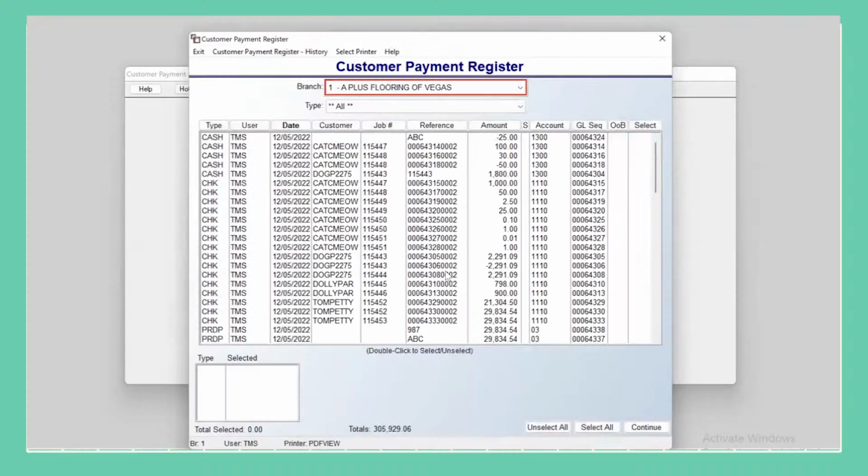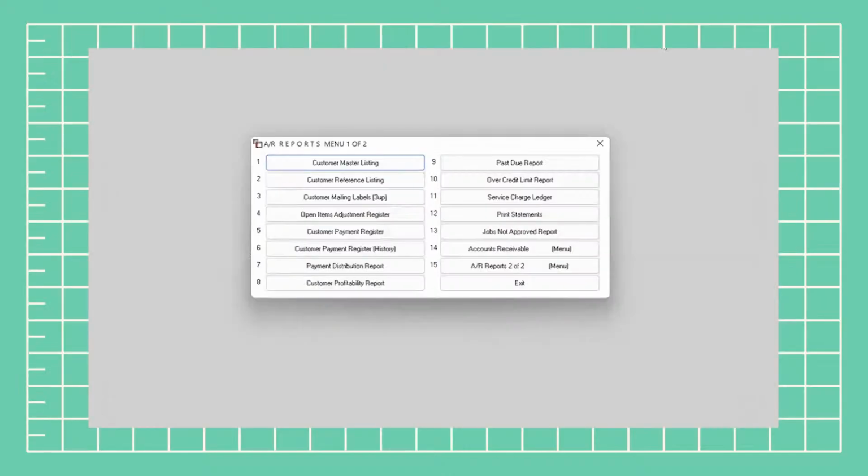Returning back to the system, once a customer payment register has been created, all of that information is now transferred and viewable in our customer payment register history. So we'll go ahead and take a look at that. Exiting back out of here, in our AR Reports Menu 1 screen still, we will now look at customer payment